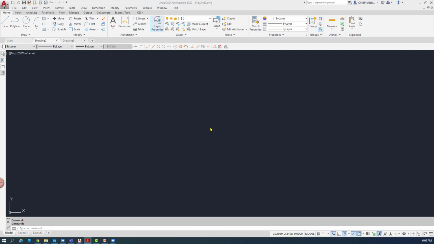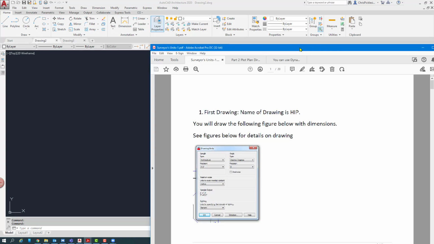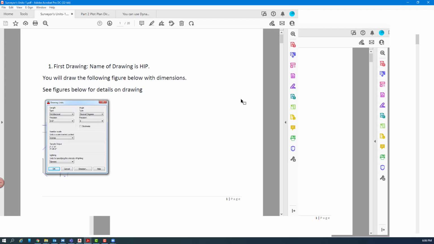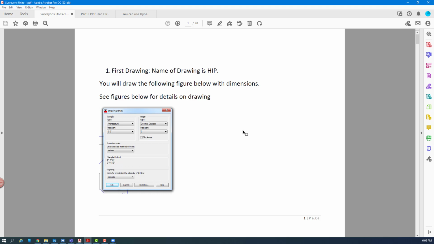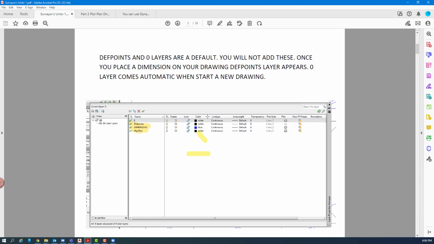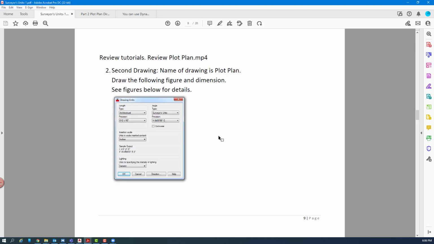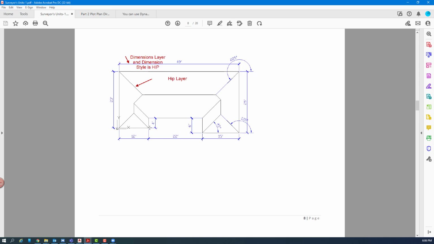So tonight we're going to do Lab 3, Module 5 Lab 3, and there's two parts to it, and I'm going to drag this over here. The first part is we're going to draw, and we'll go through step by step, a shape that looks something like this here. We're going to create the dimension style, create some layers, draw it on those layers, and put the dimensions in. And we're going to save that, I think we're calling it hip